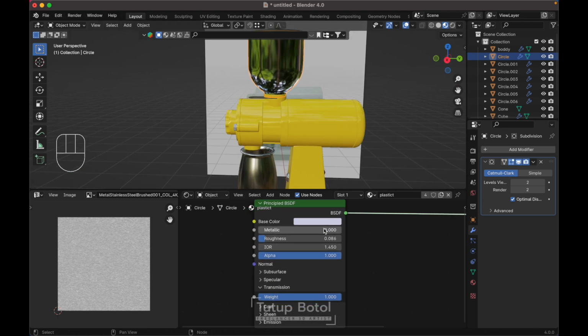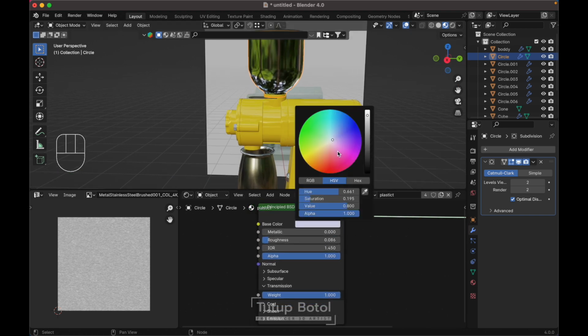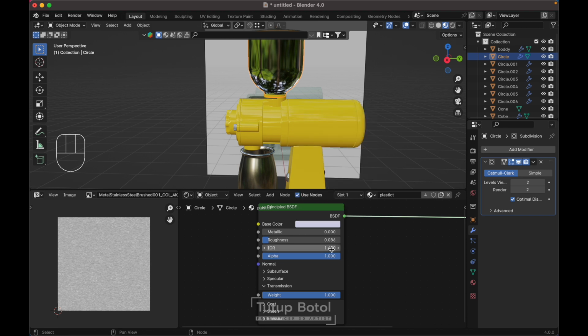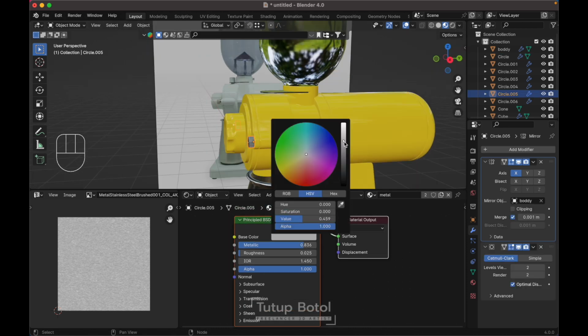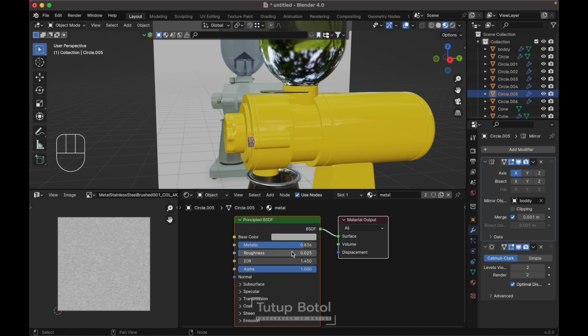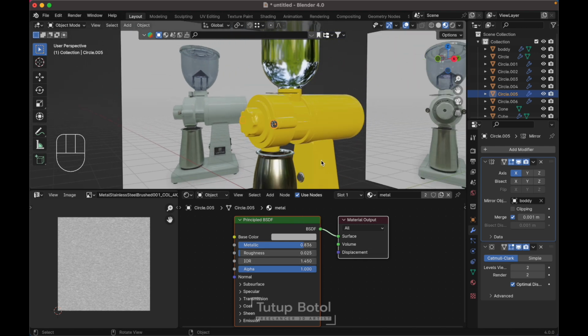As you can see, the base color is like this, just a little bit roughness, and transmission is 1. And over here, for the metal, the color is a little bit gray, the roughness is 0.025, and the metallic like this,